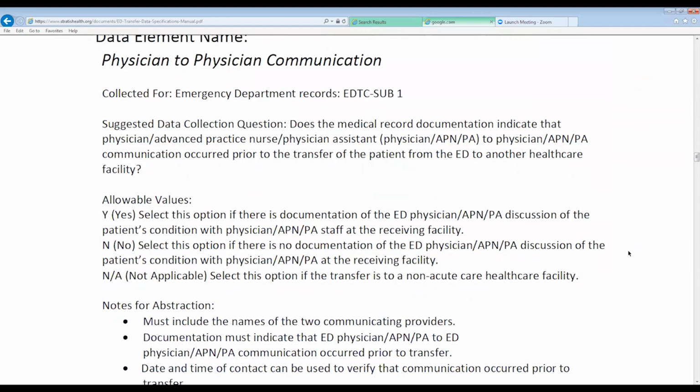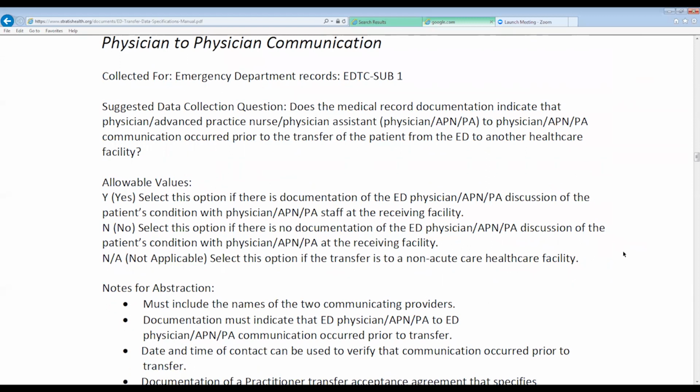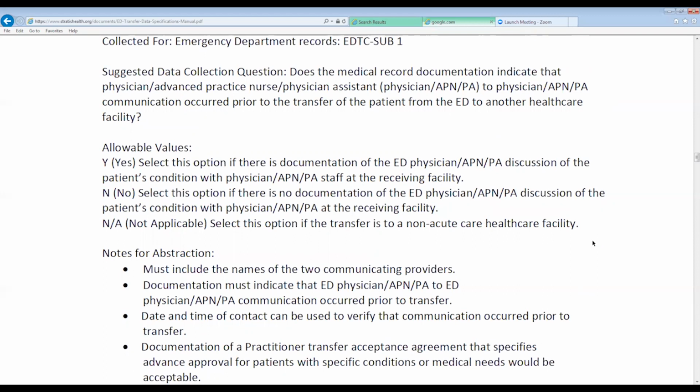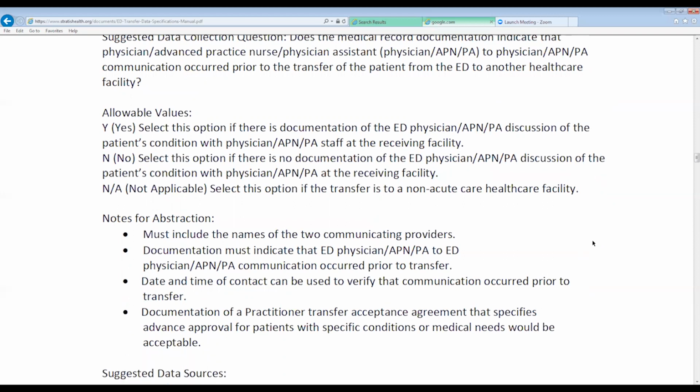Physician to physician, it's that the physician at your facility, or the advanced practice nurse or physician's assistant, communicated with a physician, APN, or PA at the other facility to have a discussion about accepting this patient, or the care of this patient. A lot of times you do get this from transfer forms. Pretty standard transfer forms will have this information, like who the physician was that was talked to at the other facility, or maybe even